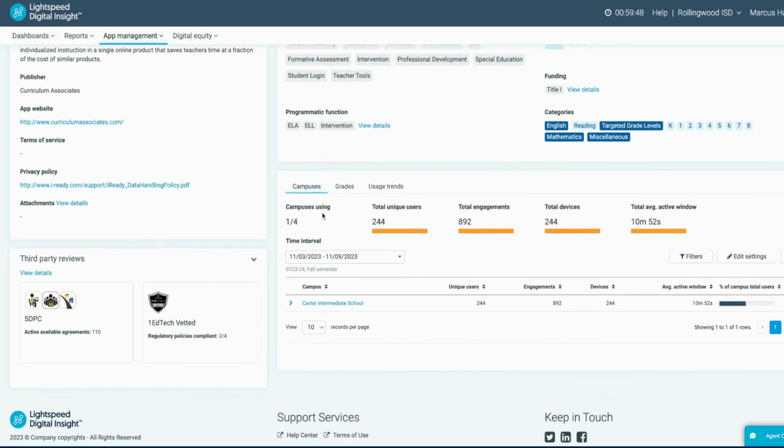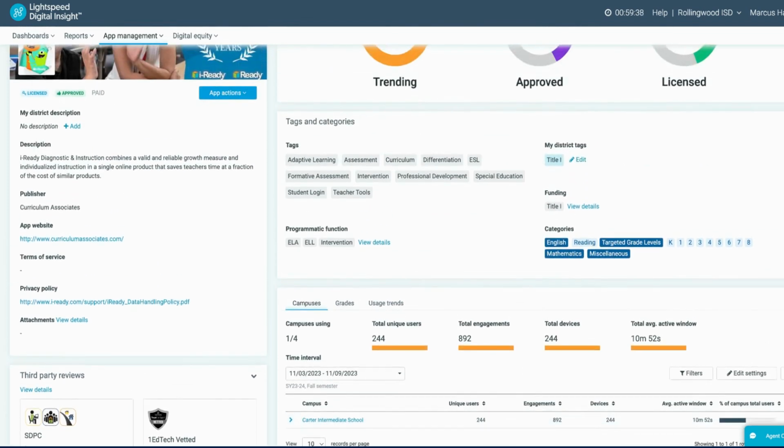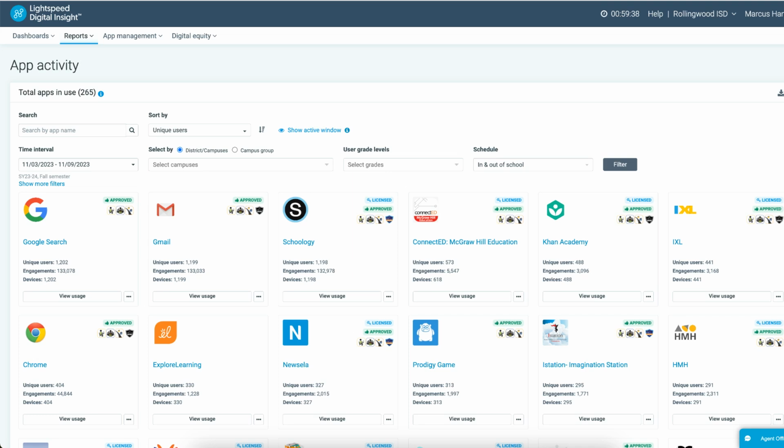campuses to increase usage. You can click on the campus names to see a list of all users at the campus as well as defined champion teachers, which will allow you to lean on them to host a PD session. Using all of this data, you can begin to understand the story of why IXL is not being used the way your district desires and can begin to take action to make changes to increase that usage.